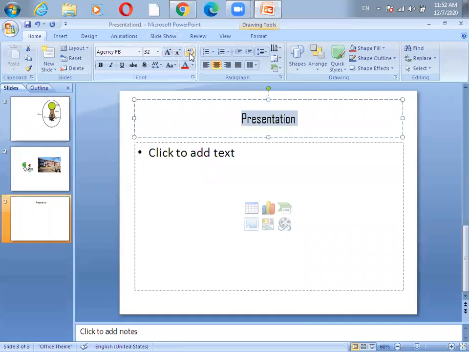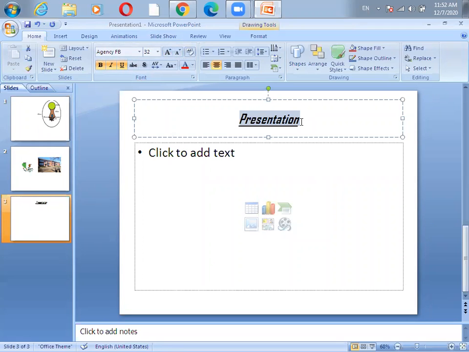And then we'll have bold, italic, underline, like we have in Word, and in Excel also we have the same options here in the Font group. So this kind of formatting we can apply on the text.